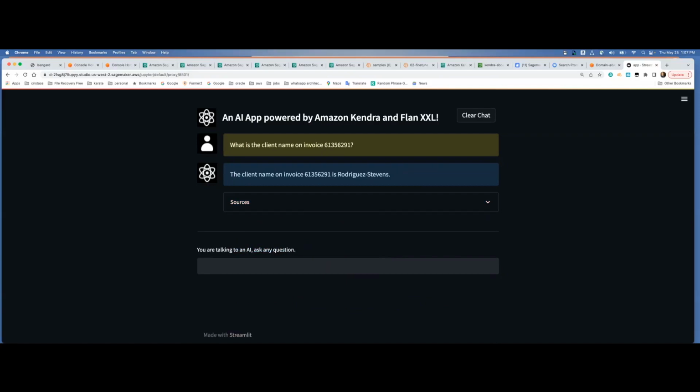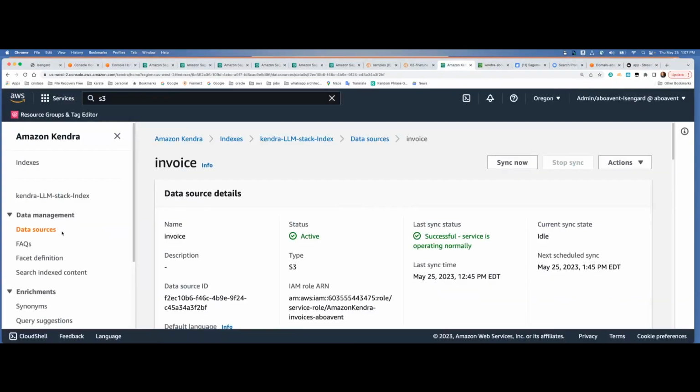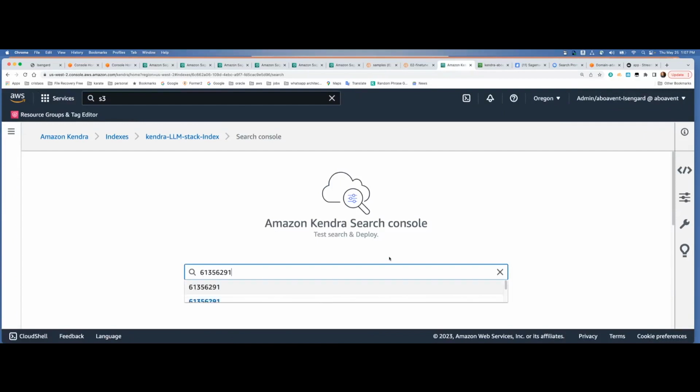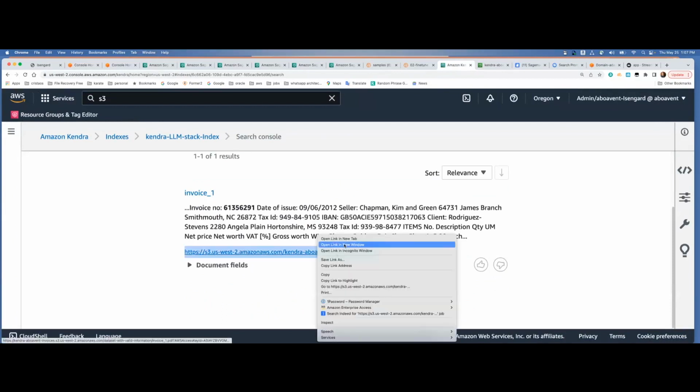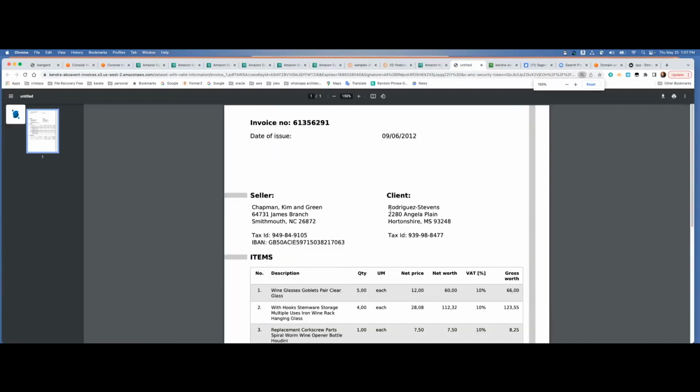And if I go, for example, to Kendra, you're going to see that if I do a search index document, it's going to bring that particular one and highlight some of the things. And then I can double click here and zoom in, and you're going to see that the client name is Rodriguez Stevens. And I can ask many questions: what is the seller name, what are the items in this invoice. But the secret sauce to provide additional context is within the prompt, which is available